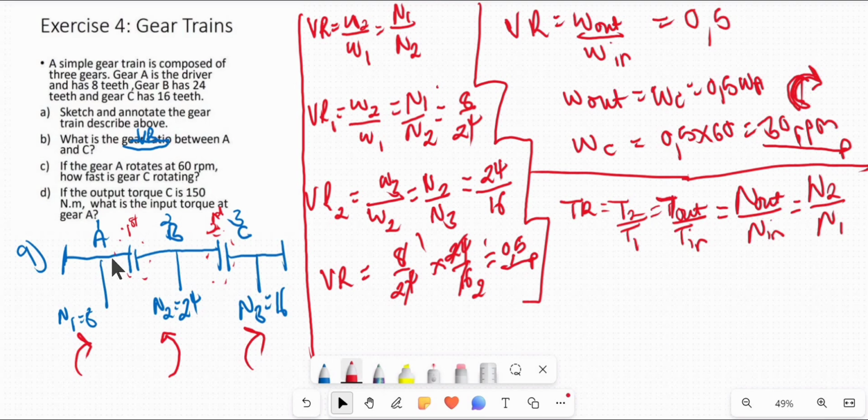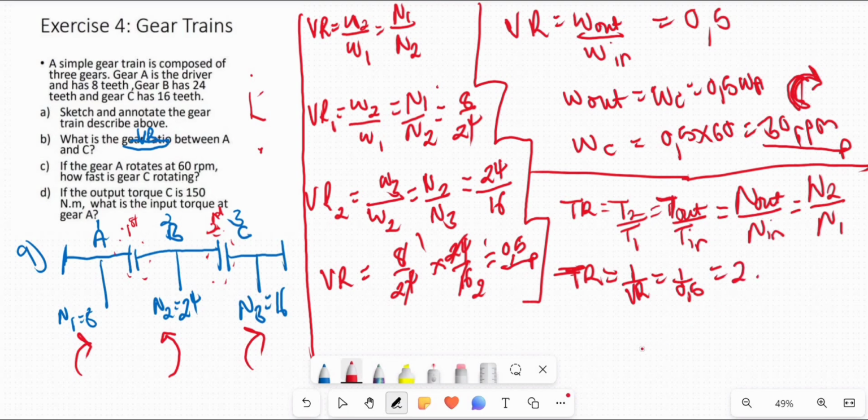The velocity ratio for this first meshing was N1 over N2, but the torque ratio is N2 over N1, which means that to get the overall torque ratio, we simply do 1 over the overall velocity ratio, which is 1 over 0.5,